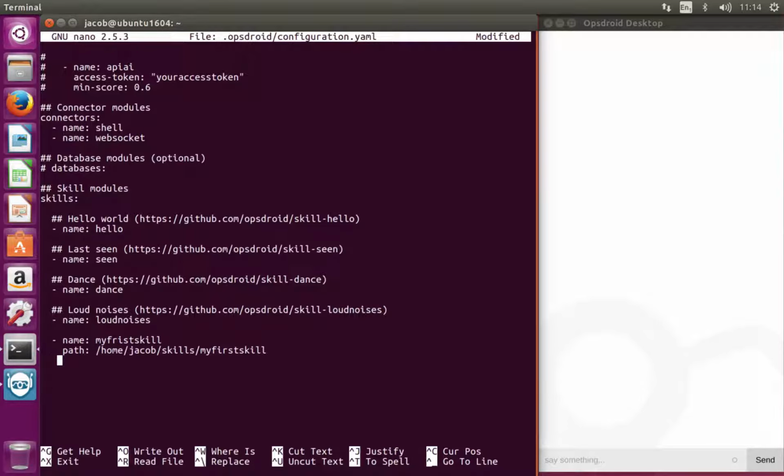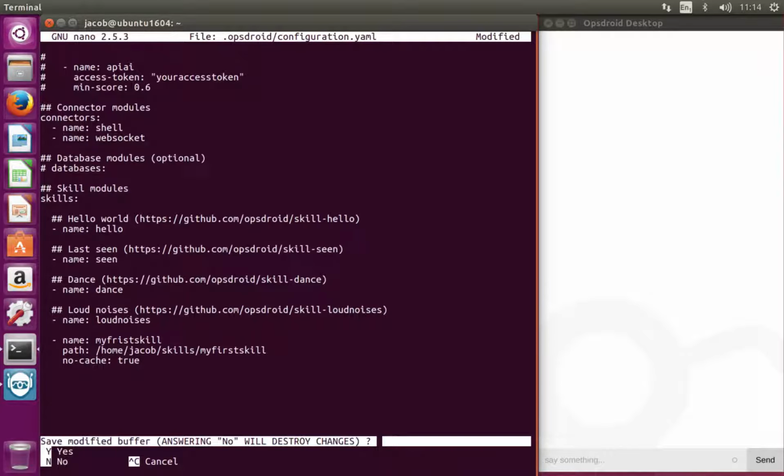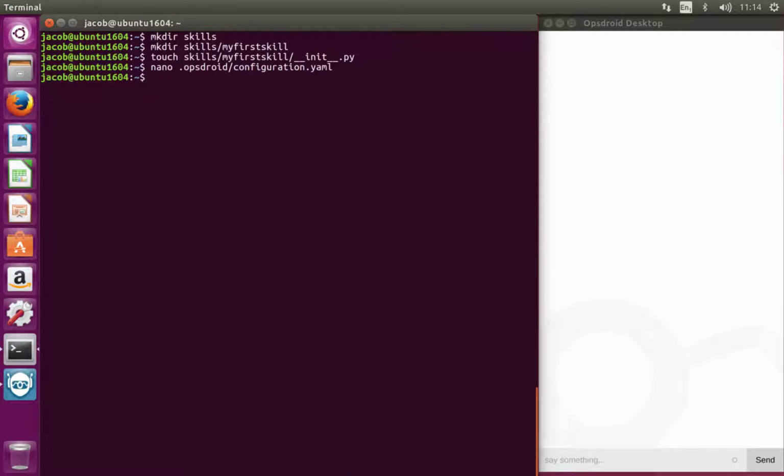So we can also add an option called no cache and set that to true. Now, you only ever really want to do this when you're developing a skill. The rest of the time you want to let it do its caching. So that's enough now for opsdroid to know where to go and grab that to install, and to know to reinstall it every time. So let's just save out of this file,